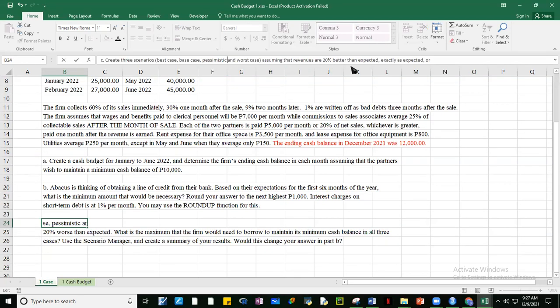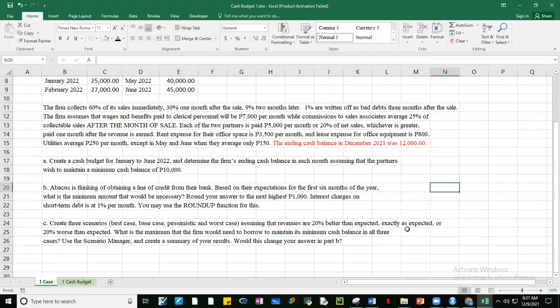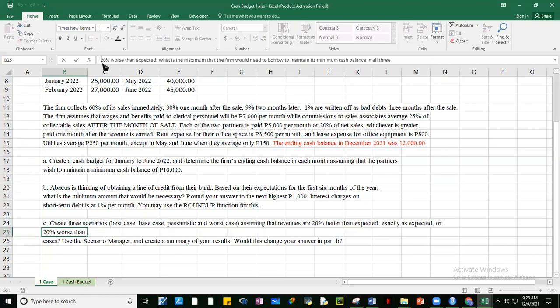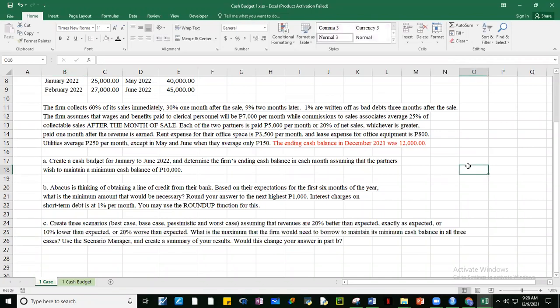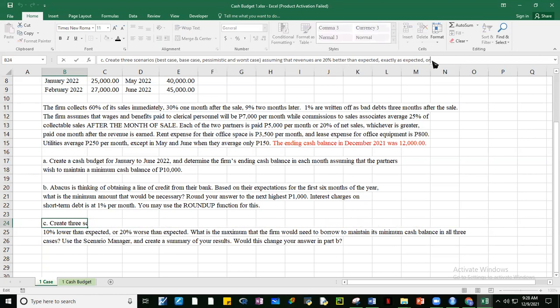Assuming that revenues are 20% better than expected, exactly as expected, 10% lower than expected, or 20% worse than expected. So which means that the pessimistic, guys, is 10% lower than expected.